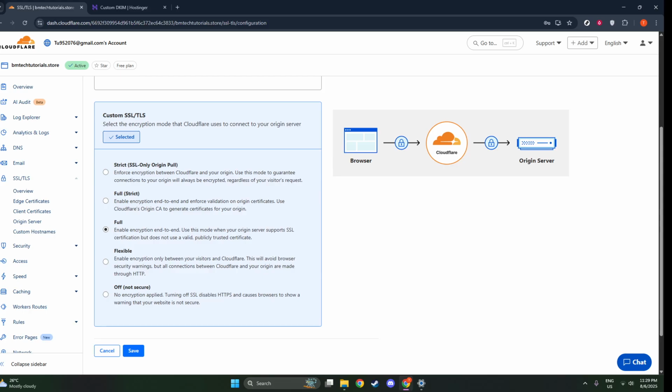Now, a word of caution about the Flexible option, which is available here as well. This mode should only be used if your origin server cannot support HTTPS traffic. It encrypts data from your website visitors to Cloudflare, but not from Cloudflare to your server. This means the communication between Cloudflare and your origin is not encrypted, leaving that part of the pathway more vulnerable to data interception. Try to avoid using the Flexible option unless you're unable to implement HTTPS support on your origin